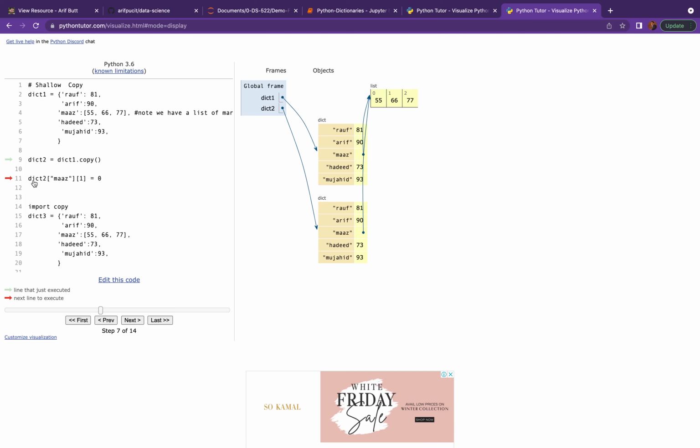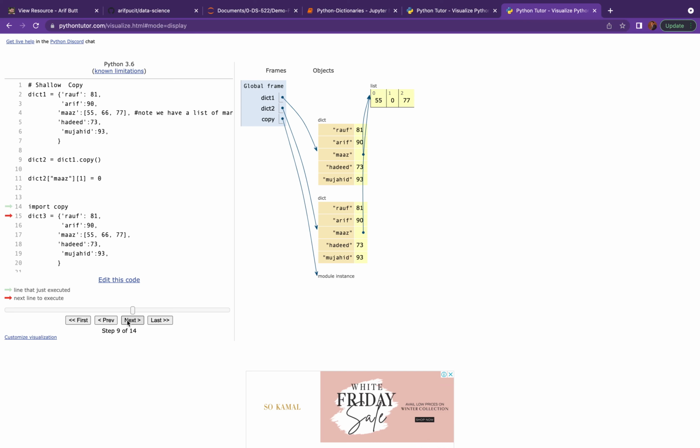So if I change this value, the marks of Mars, this 66 to, let's suppose, 0, the 0 will be changed over here. So that is why after the shallow copy we are seeing that the marks changed are depicted in both the dictionaries. And let's repeat this for a deep copy.